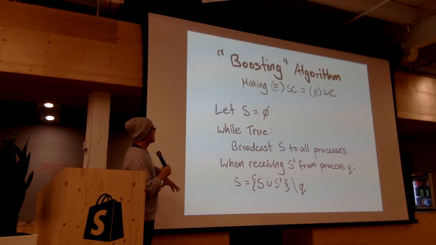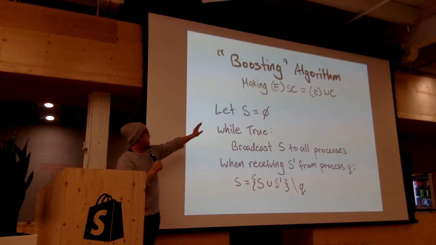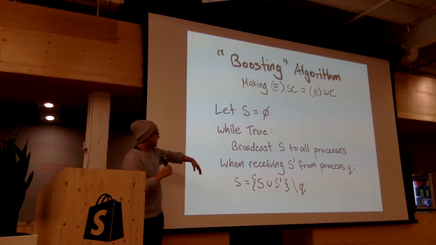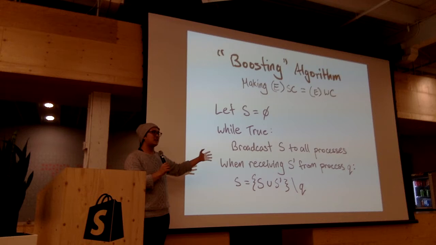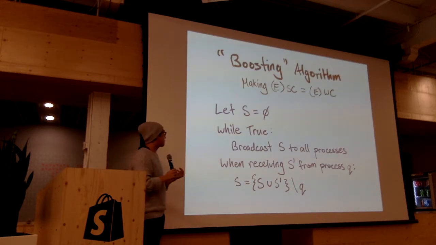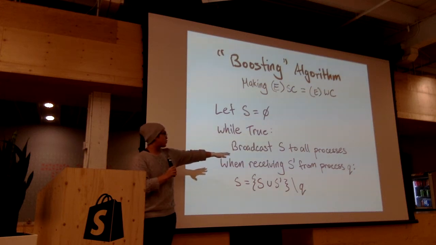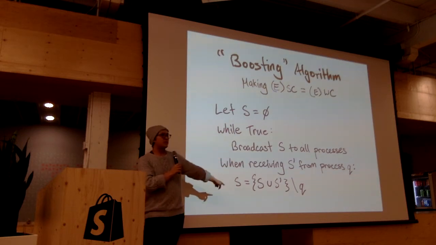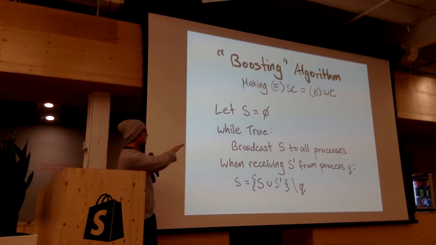And a high-level version of the algorithm is you have your failure detector. It's got a set S that you set to the empty set. That set is the list of processes it suspects has failed. While it's running, you constantly broadcast S to all processes, including yourself. If you ever receive an S prime from another process Q, you take the union of your S and the S prime, and remove the Q from it. So what that last line is doing basically is, in a weakly complete failure detector,